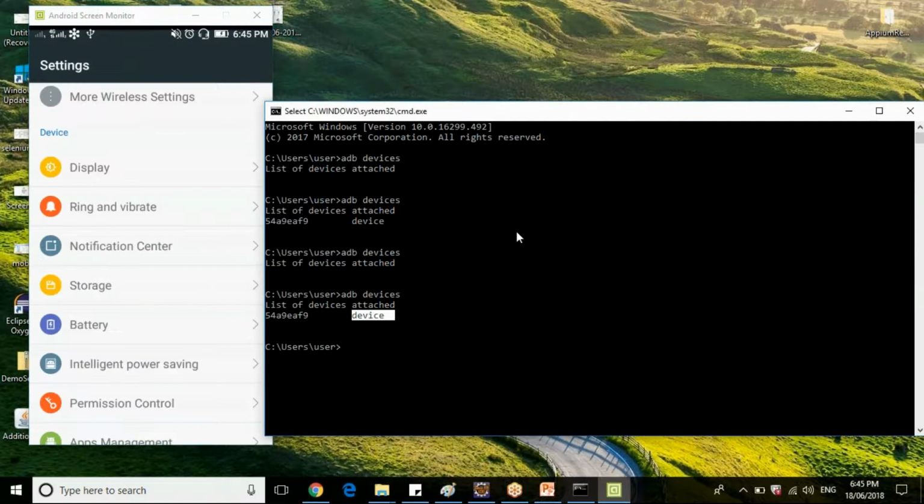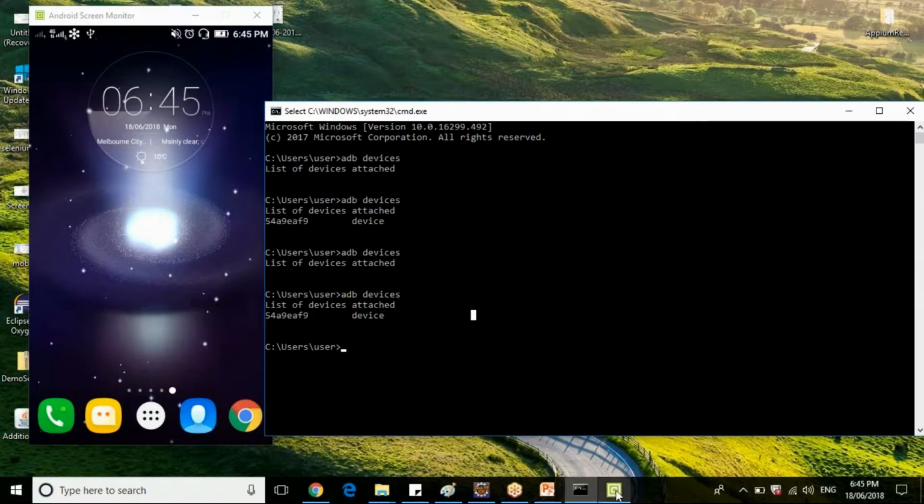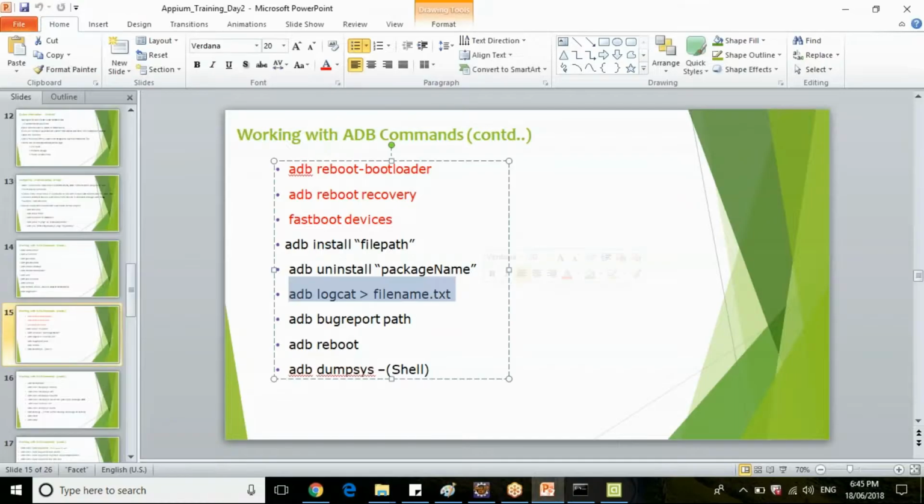Okay. Then we have seen some commands like pushing a text to this mobile device, some keyboard events, some Android logcat, checking the logcat, installing the application into the Android mobile device, and uninstalling the application from the mobile device.